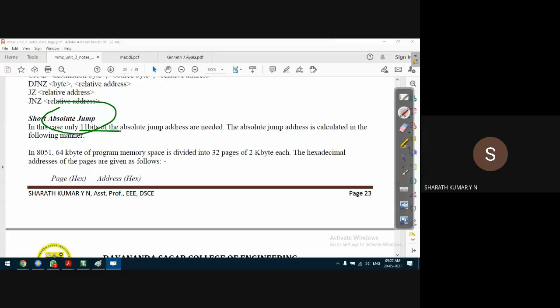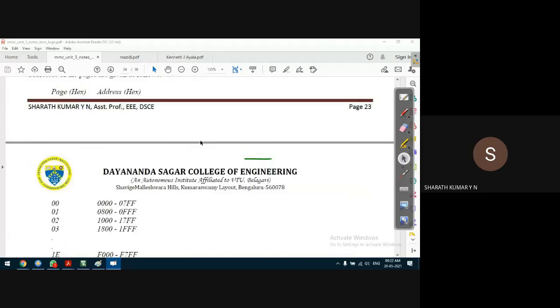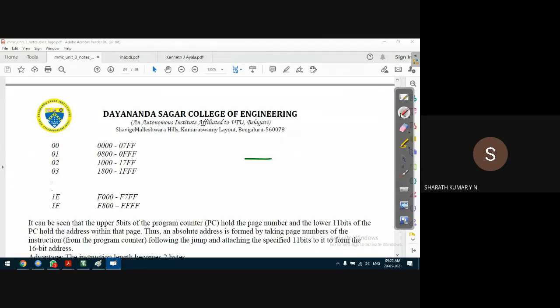This is the hexadecimal address we discussed for 64 kilobytes. So what will be the address range? The address range starts from 0. Since it's only 11 bits, it starts from 00 and goes up to 1fh. So there are totally 32 pages. The first page address range is 0000 to 07ffh. Let us call it the first page. Second page, what is the address range?